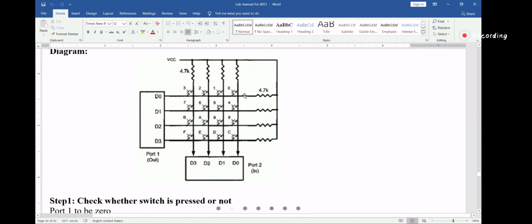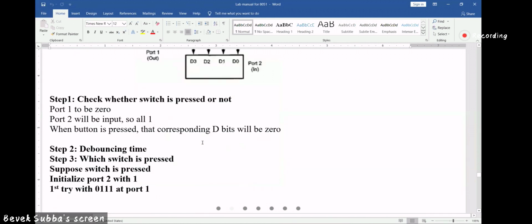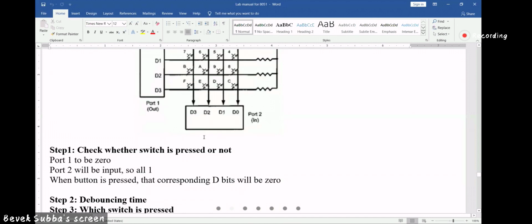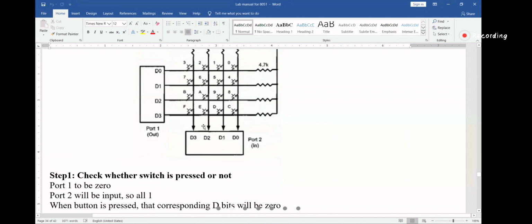When I press one key, any key, okay? When I press any key, there will be a bouncing time. Bouncing and debouncing time. This debouncing time is used to again detect whether the switch is pressed or not.